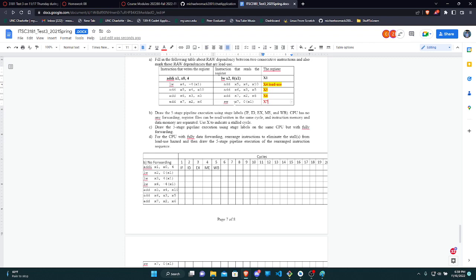So B is draw the 5-stage pipeline execution using the labels IF, ID, EX, ME, and WB. CPU has no forwarding. Register files can be read/written to in the same cycle, and instruction memory and data memory are separated. Use X to indicate the stalled cycle. So